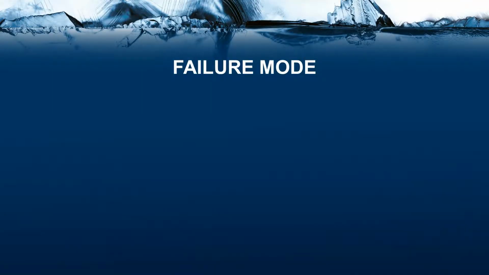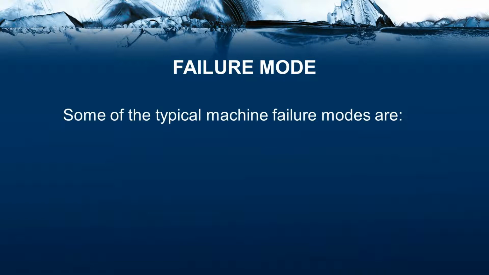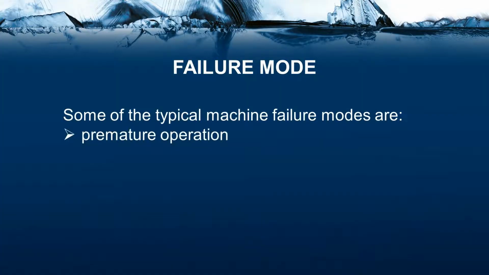Now that we have seen the fault and the failure, we'll talk about failure mode. Failure mode is a description. Some typical failure modes can be described by premature operation. Let's say I want to close a water tap, but still water is coming out. That's a typical example of a valve failure. So some of the examples are like premature operation,